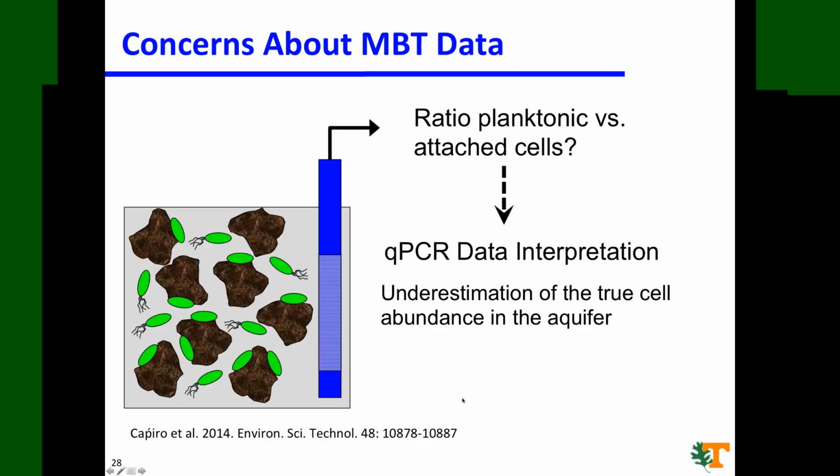The bottom line is that qPCR may underestimate the true number, but it does not overestimate. So this can have some influence on data interpretation, but it's a conservative interpretation that people will get from the